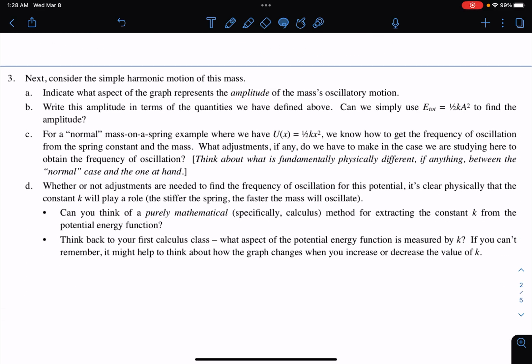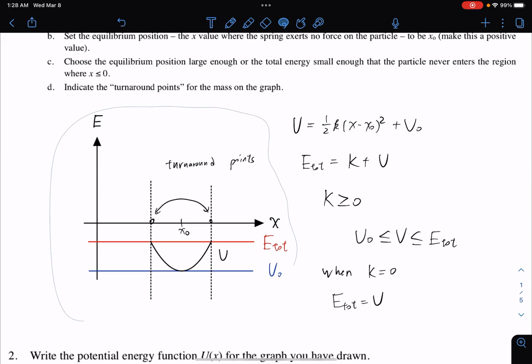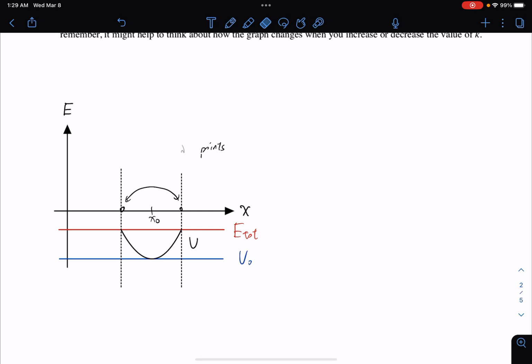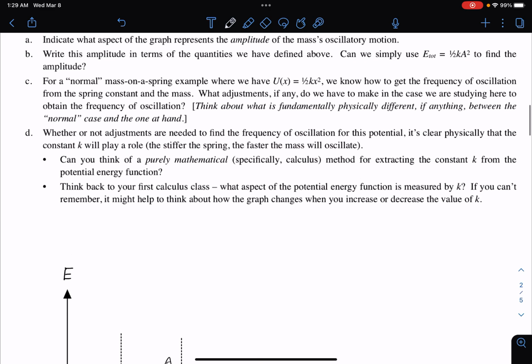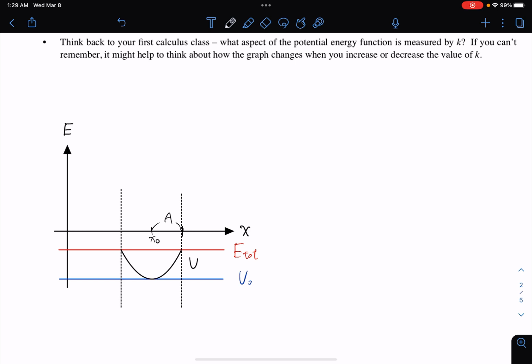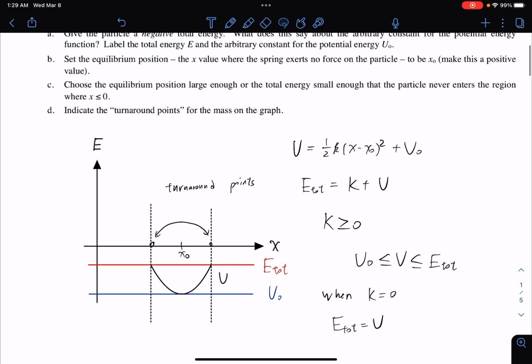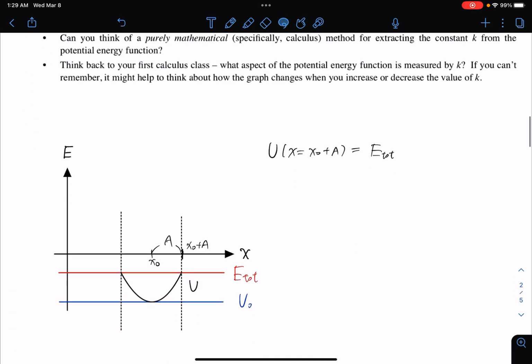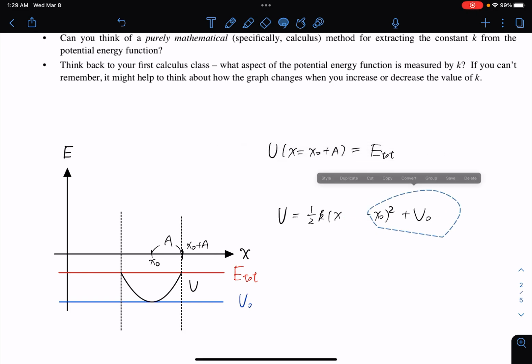So for part 3, we want to figure out the amplitude. As we said, these 2 points are turnaround points, and therefore the particle will only oscillate inside this range. The definition of amplitude is not this entire range, but the distance of the range to the equilibrium position. So here is the amplitude, and we want to figure out the amplitude in terms of the quantity above. So we see that here, this is x0 plus a. So the potential energy at x equals x0 plus a should equal the total energy here. But because now our potential energy has an extra constant u0, after we plug in x equals x0 plus a,